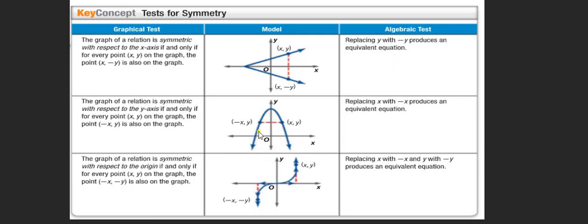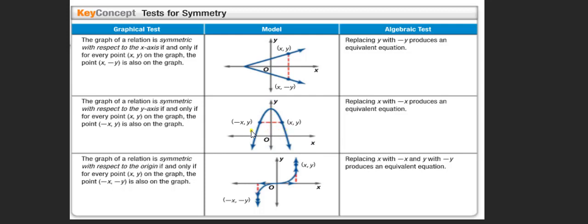Now let's take a look at this graph. This graph is a parabola. It passes the vertical line test. And it is symmetric with respect to the y-axis. Because if you fold, pretend this is a paper, and if you fold along the y-axis, this graph will overlap